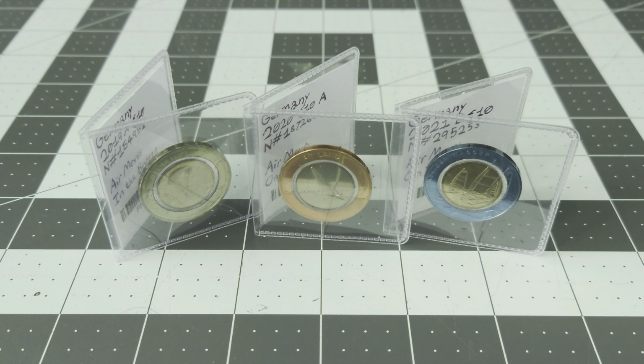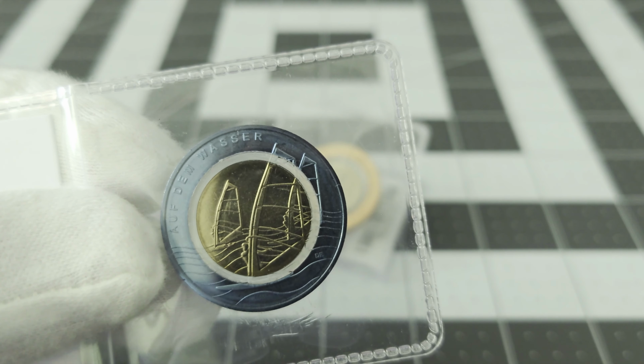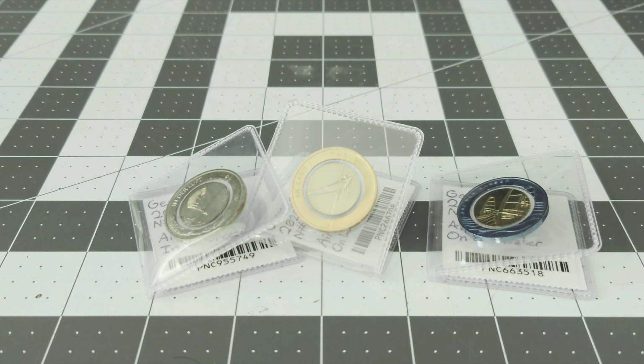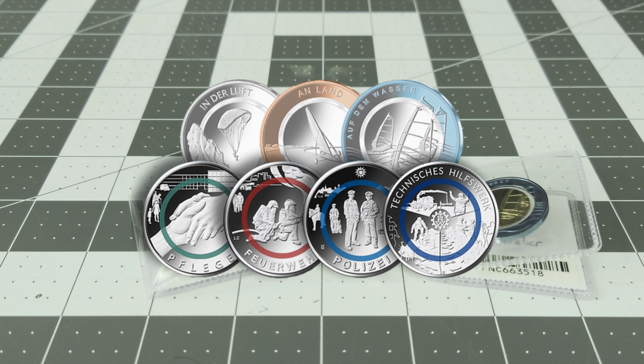The most obvious feature shared by all three is the striking translucent polymer ring inserted between the core and the outer metal ring. This technology was originally developed at German state mints and was revealed to great fanfare in 2016, as it supposedly makes coins as difficult to counterfeit as banknotes while still retaining most of the cost advantages of coinage. While it hasn't escaped into circulation yet, Die Bundesbank has been testing the polymer ring concept on collector's coins since 2016, starting with the 2016 Planet Earth coin,